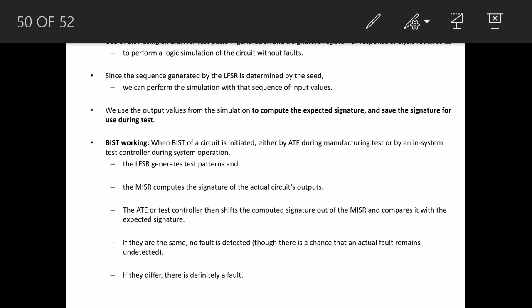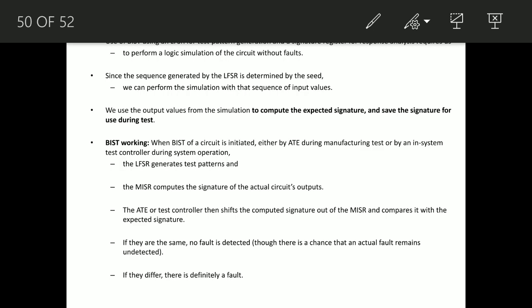Since the sequence generated by the LFSR is determined by the seed, meaning some initial value, we can perform the simulation with that sequence of input values and we can repeat those sequences. If we have doubt or have missed anything, we can repeat the test sequence again. That is not random, this is pseudo random. We use the output values from the simulation to compute the expected signature and save the signature for use during test.